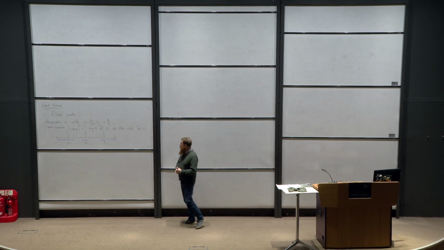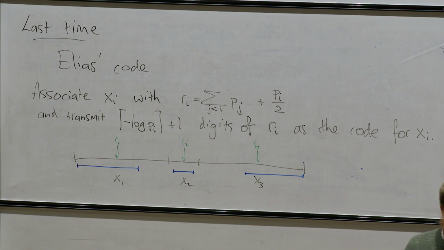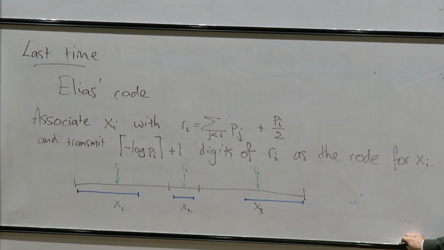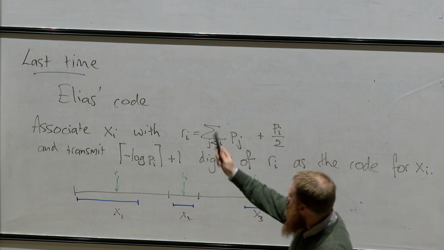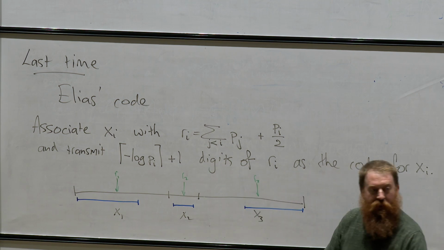Alrighty, so yesterday we finished the proof of the optimality of Huffman's code, and we started looking at the class of arithmetic codes. In particular, we saw Elias's. I'm not sure whether it's Elias or Elias, I'm not sure how he said his name, but anyway, this code, where what we do is we take our